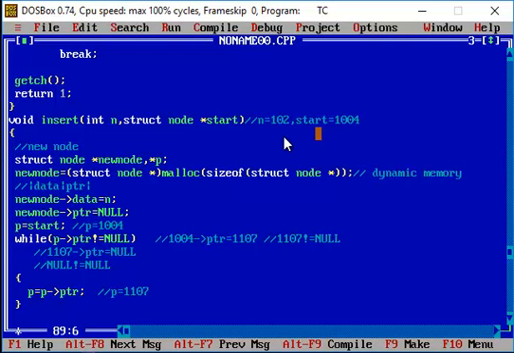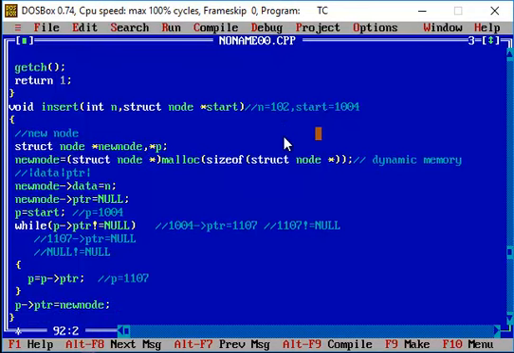But the right hand side of the expression has p arrow operator ptr holding the value null, so this will be assigned to the address of your new node. This is how you are going to create the new nodes, and then the address of the new node will be assigned to the address field of the terminal node. So this is one example.